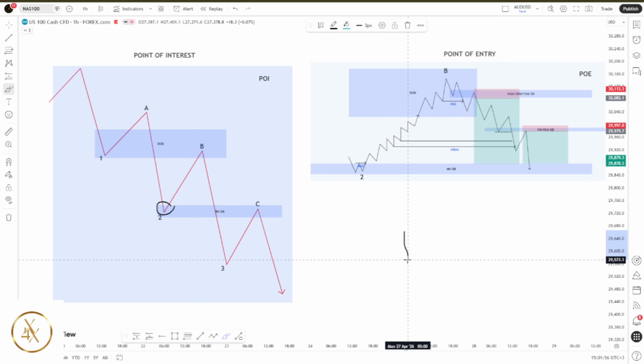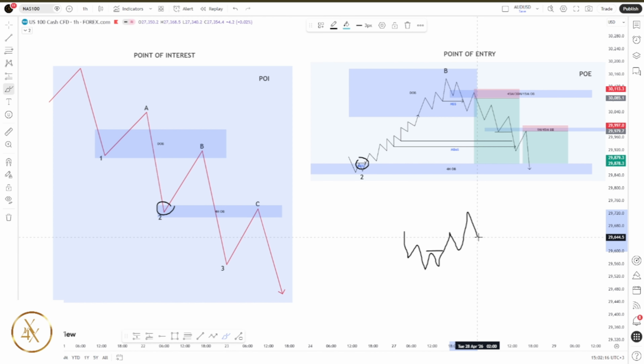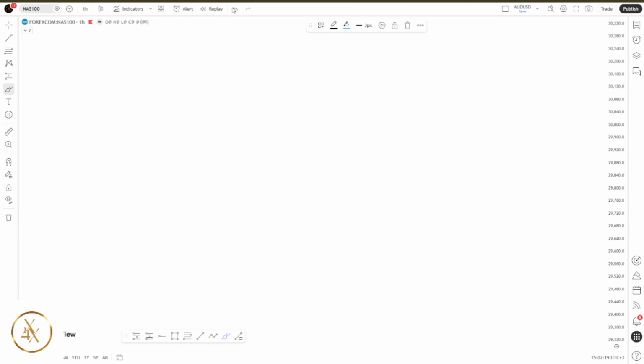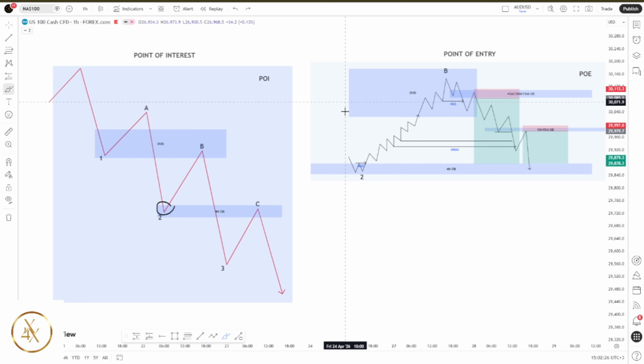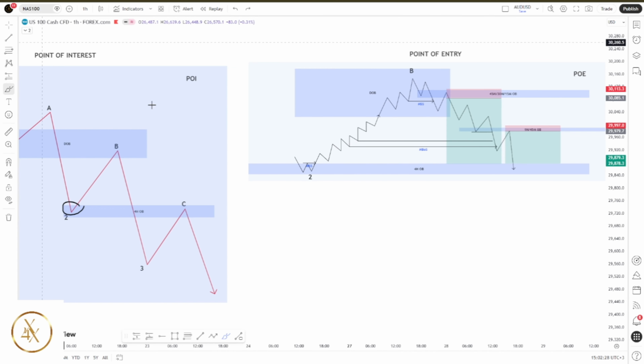And once it created a lower high, it failed to break the previous low and rather broke this high here. And that was a shift in the market which happened here. And there price starts making higher highs and higher lows, back to our point B, which is where we're going to find our entries from. So once we get to point B here,